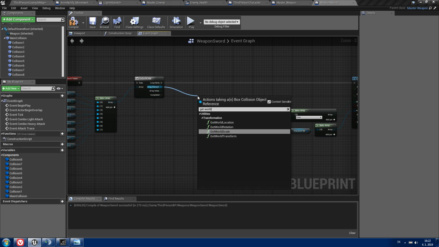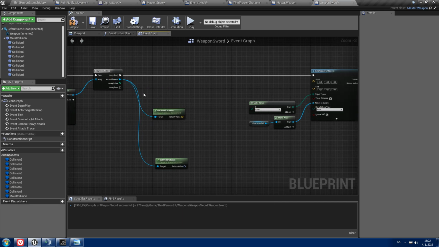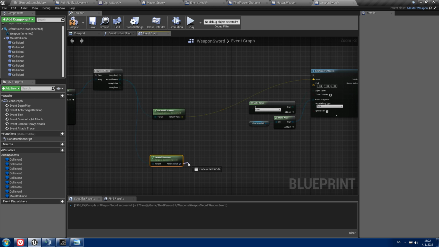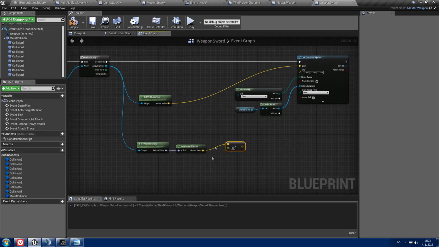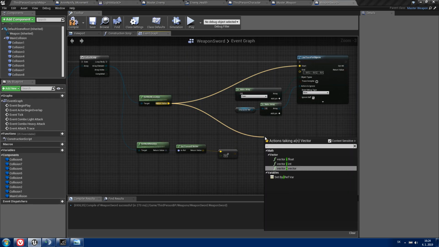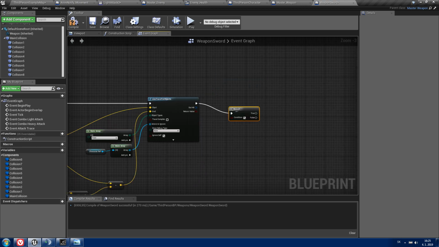Now get world location and get world rotation. The return value of world location will be starting position, and from our rotation we want to get forward vector. From the return value, vector times float will be 5. And now we need the world location and subtract it with the return value of this vector and set it to the end. We want to check if we hit something, so set the return value to the condition, and